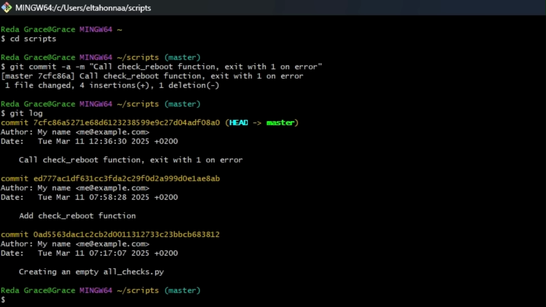You might be wondering, what is this head and where is it heading? Git uses the head alias to represent the currently checked out snapshot of your project. This lets you know what the contents of your working directory should be. In this case, the current snapshot is the latest commit in the project. We can even use Git to go back in time and have head representing an old commit from before the latest changes were applied. In all cases, head is used to indicate what the currently checked out snapshot is.